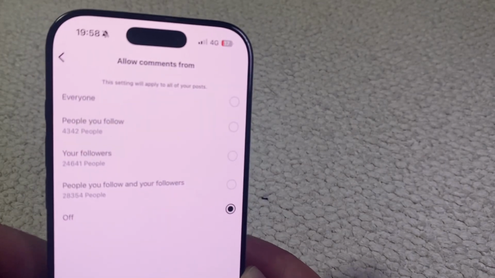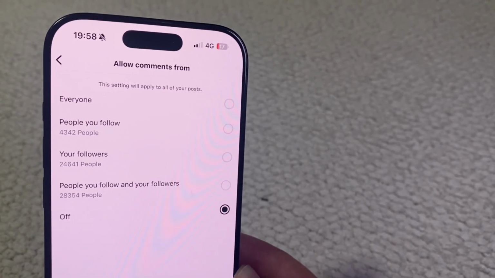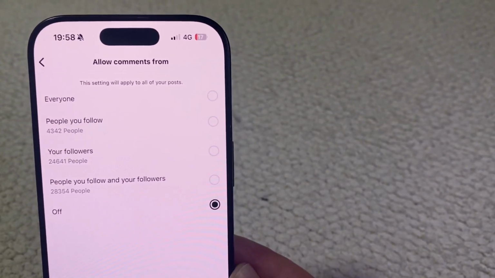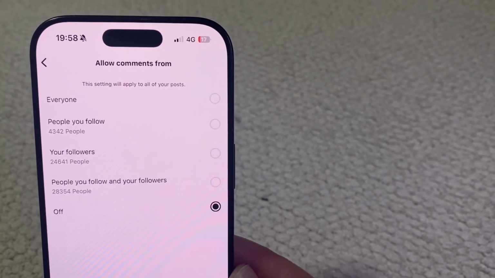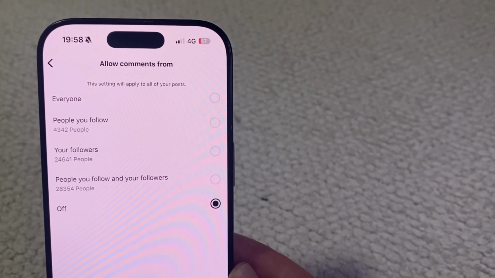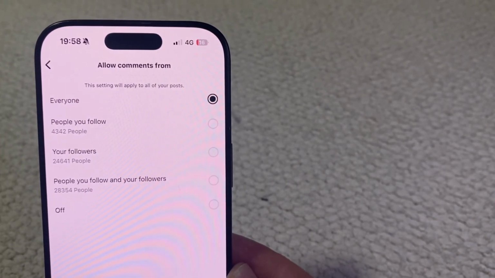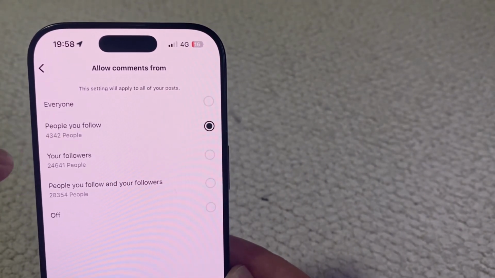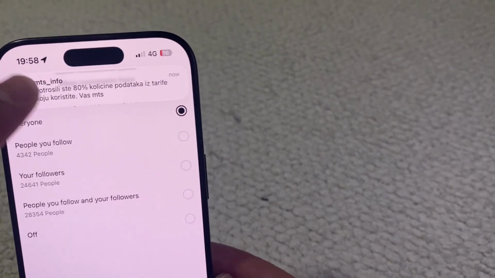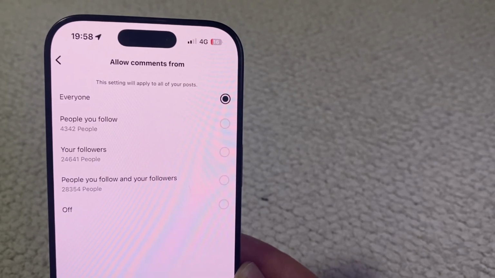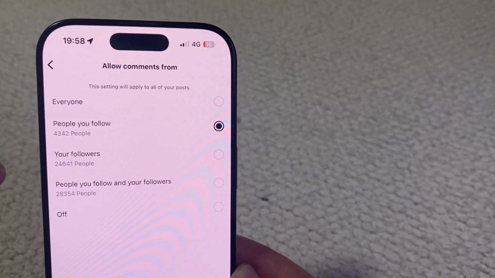And there's also this off option. And if you select this, then no one will be able to comment on your Instagram posts and your Instagram Reels. The comment section will be disabled completely for all current and future posts which you upload to Instagram. So the decision is up to you. You can select from either of these options, and this way the Instagram comments will be limited,